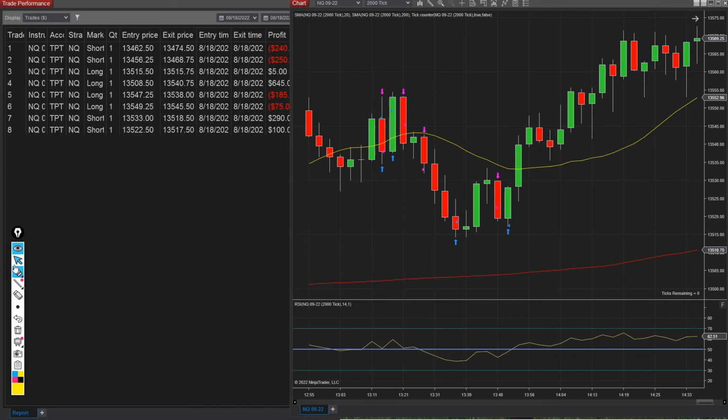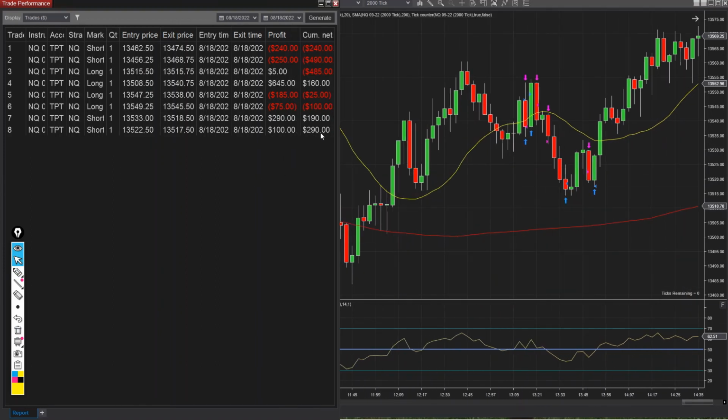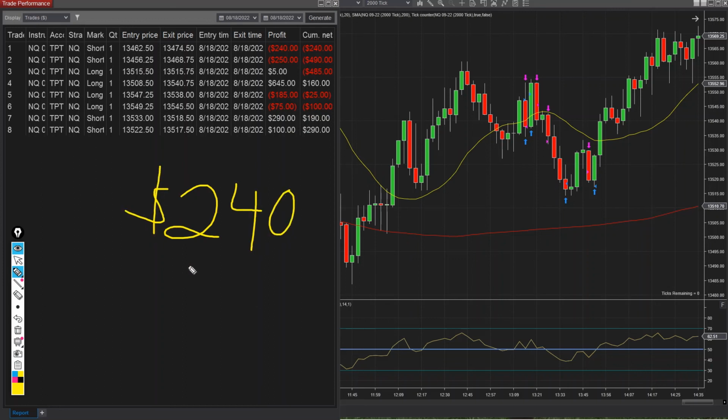So yeah, those are my trades for the day. 8 trades, 290. But with all of these trades, commissions at $5 apiece, I finished the day 240. Now, not nearly as good as day 1 and 2,